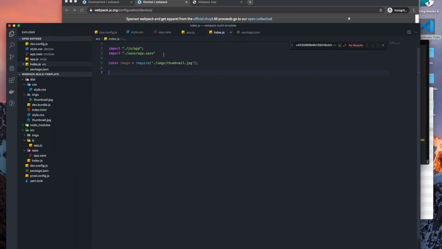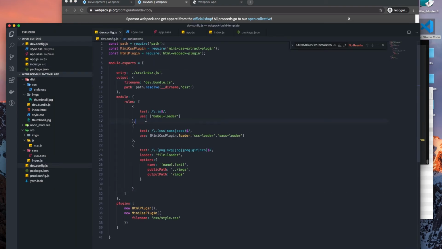So to do that, I'll go in and say devtool: inline source map. And then